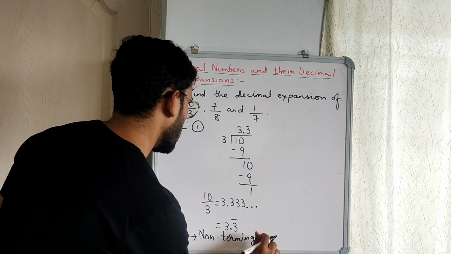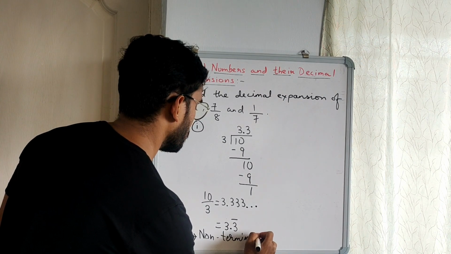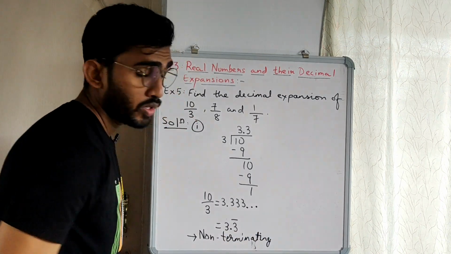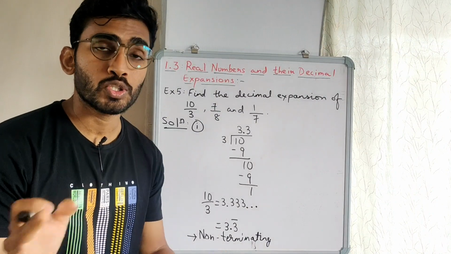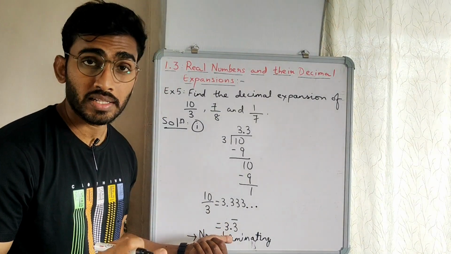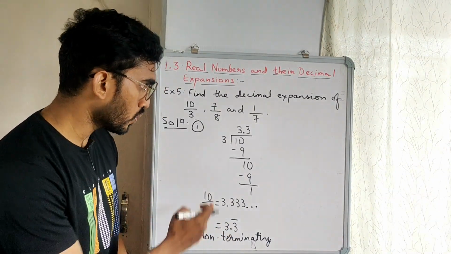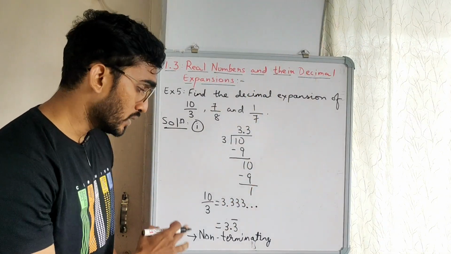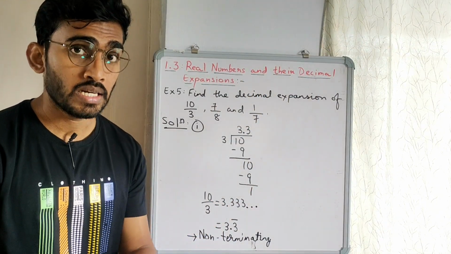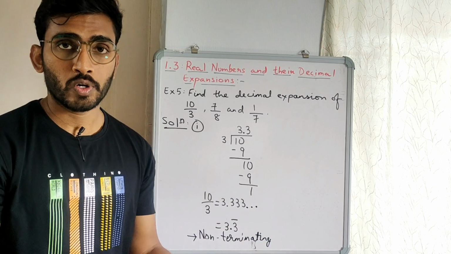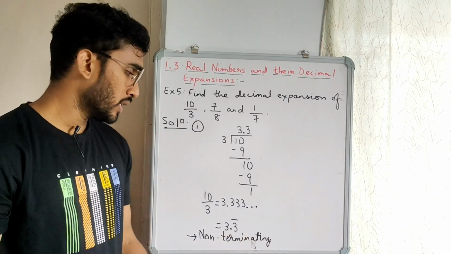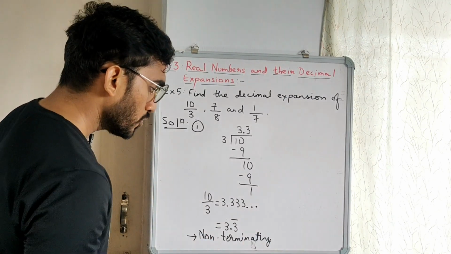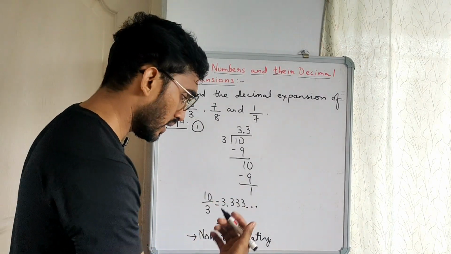non-terminating. It is called non-terminating. Non-terminating means non-stop. The answer will never stop. The quotient is going to continue forever. That is what non-terminating means. Terminate means to get stopped. Non-terminate means non-stop. And we can also see that this 3 is going to repeat again and again, so